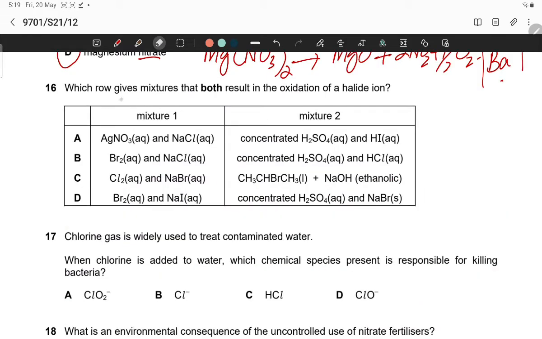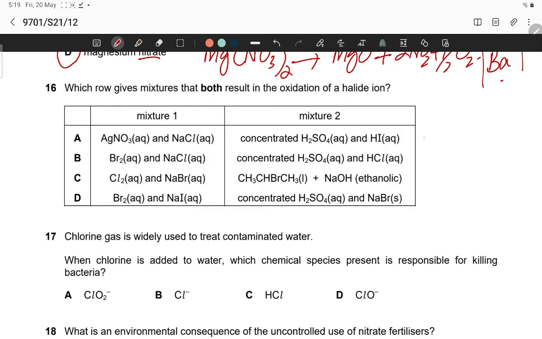Question number 16: which row gives a mixture where both result in the oxidation of halide ions? Mixture 1, AgNO3 and NaCl. AgNO3 gives the same results. Which row gives mixtures that both result in the oxidation of halide ions? So in this reaction,